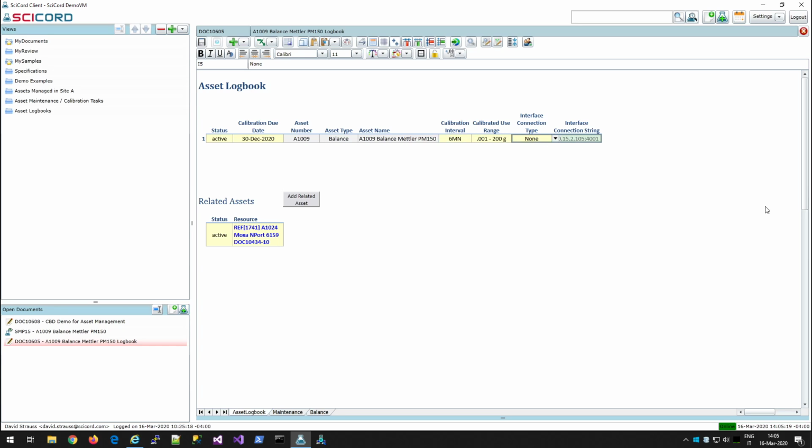The interface connection fields are provided for instruments capable of connection to the SciCord real-time instrument interface, which supports direct recording of measurements in ELN. For this demonstration, a balance emulator will be utilized, but typically the balance is connected to your internal network via Ethernet and communicates over the specified address. More information on instrument interface strategies is available on the